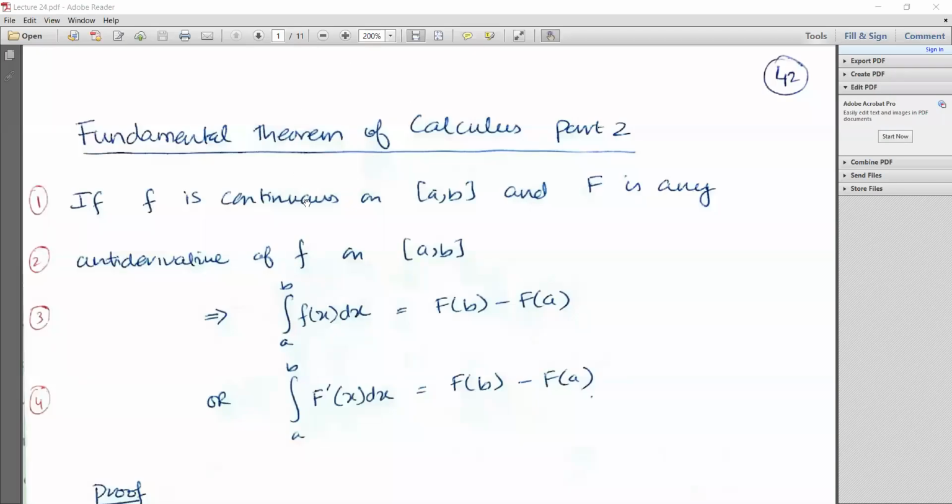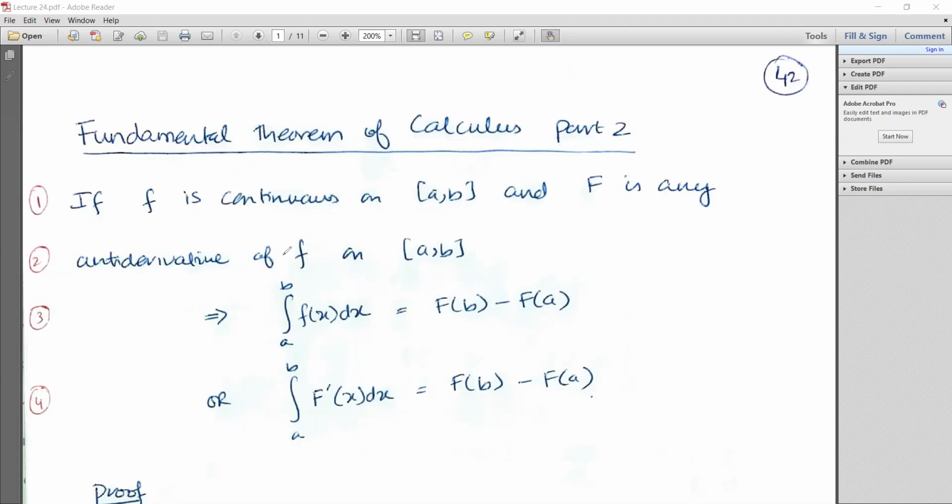All right, so the previous theorem that we did was the fundamental theorem of calculus part 1. And so obviously there's a part 2 as well. Part 2 will help us evaluate definite integrals much more easily. So before this, whenever we were trying to evaluate definite integrals, we would go to Riemann sums. Using the fundamental theorem of calculus part 2, we are now going to establish a connection between definite integration and